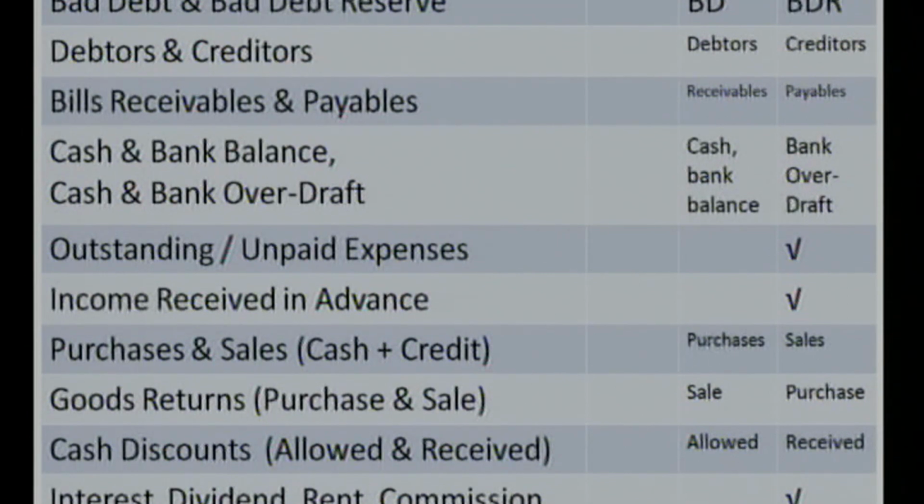Cash discount, either allowed or received, again the same set of rules. If we have received the cash discount, then again we know that cash discount received being the income, we have to credit, and cash discount allowed being the financial expenditure, it bears the debit balance. So with the help of this information, we may decide whether the account has the debit balance or the credit balance, or whether it is the expenditure of the business or the income of the business.